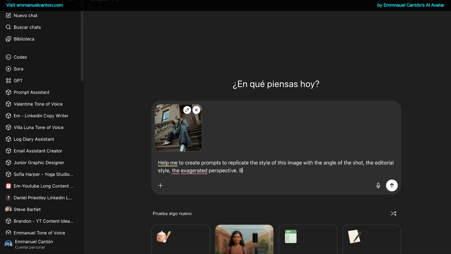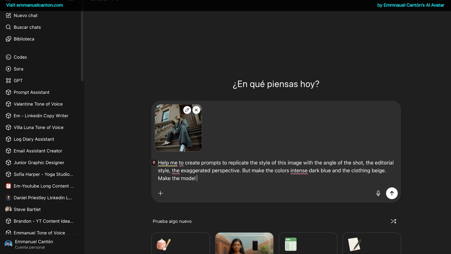And in order to do that, instead of me having to figure out every little detail and being a photography expert, what I'm going to do is to go to our friend ChatGPT and I'm going to put the image inside and ask to replicate the style of the image with the angle of the shot, the editorial style, the exaggerated perspective, but keeping the details and including the elements of the style that I want, that in this case are